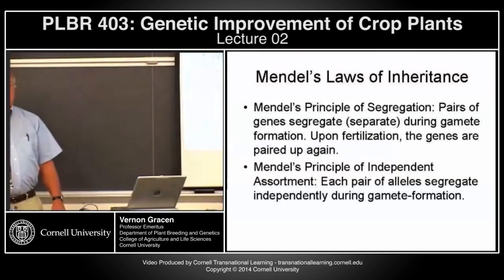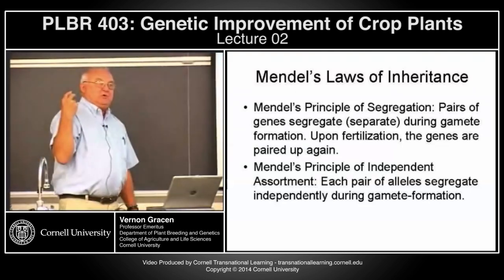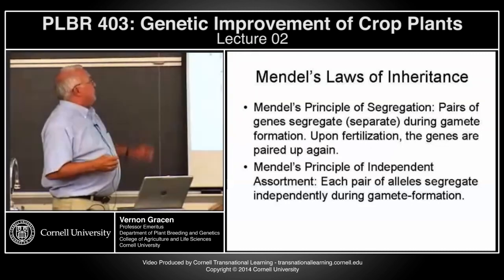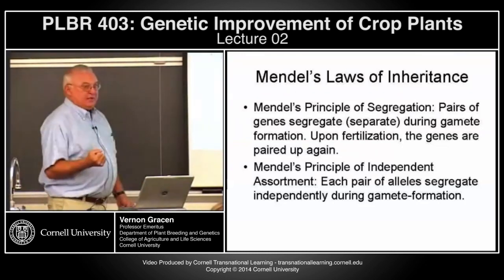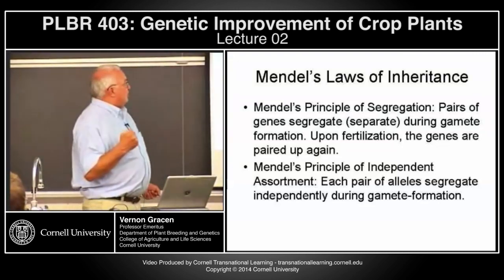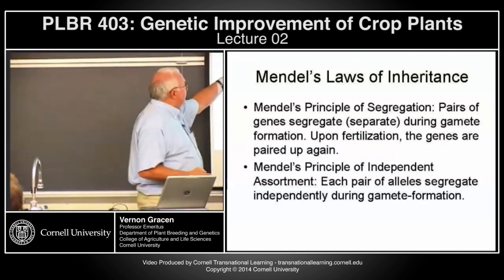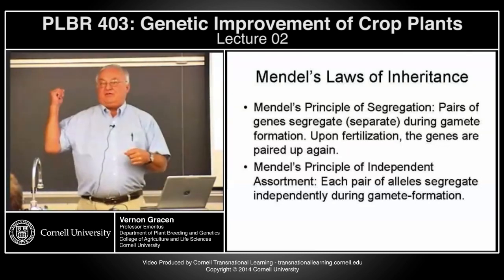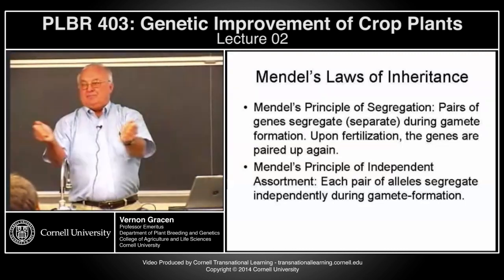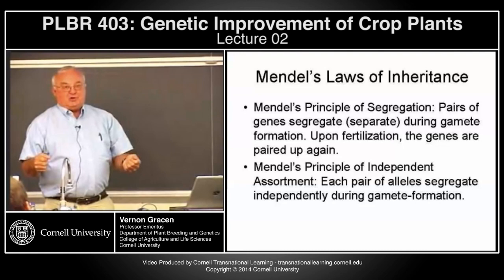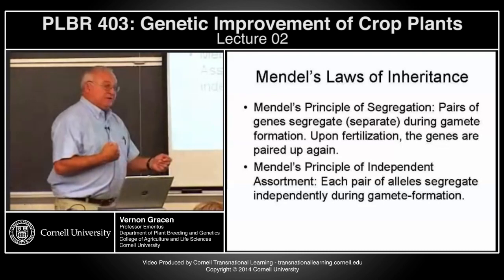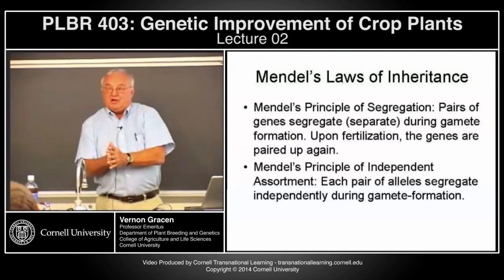So Mendel says, okay, there are 2 principles that we can follow in watching traits be inherited. The first is that pairs of genes segregate, the alleles segregate one from the other upon crossing and following generations. The second one is that if you have genes or alleles that control 2 different traits, they segregate independently, so that there is no linkage, and you end up with ratios which basically show independent segregation of two traits.